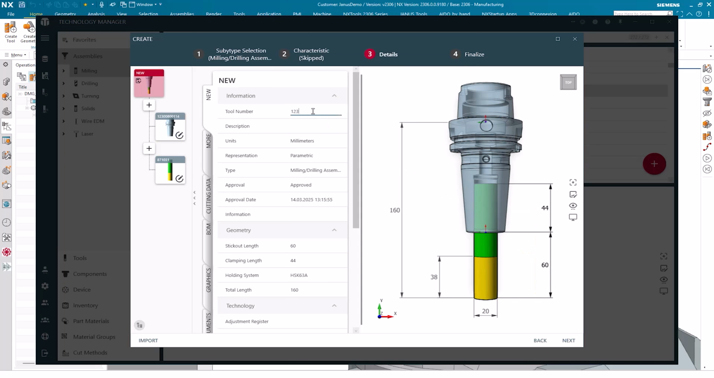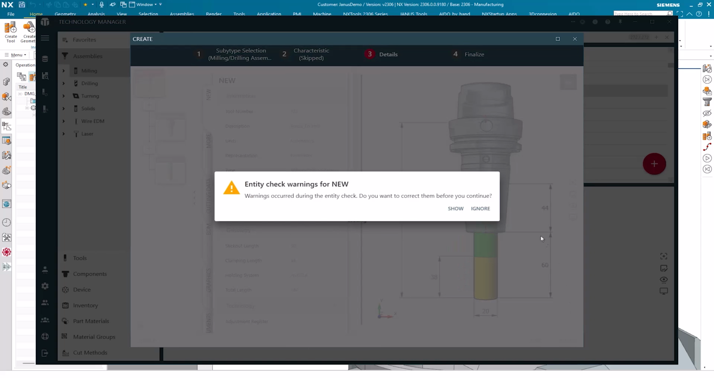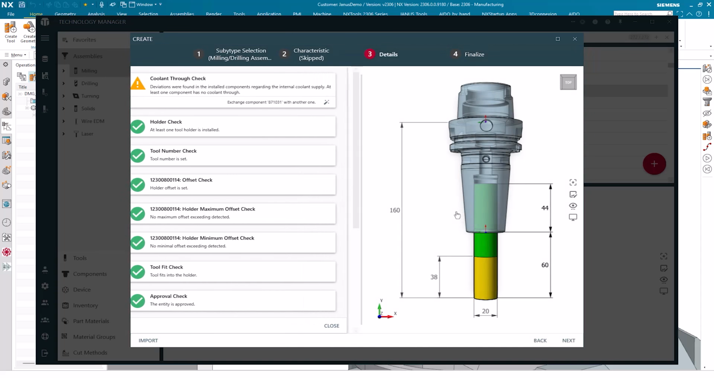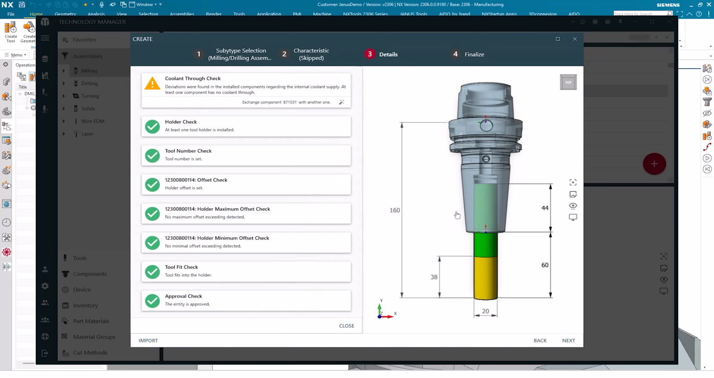A tool number 123 and the description Fraisa end mill. OK, a click on the next button. I receive a warning from the so-called entity check process. What kind of warning do I have here? If I click on Show, I can immediately see what the warning is about, specifically the cool and through check